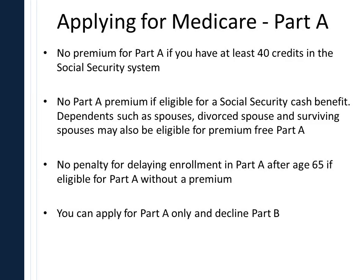Now, in applying for Medicare Part A, there is no premium that you're going to pay for the Part A hospital coverage if you have at least 40 credits in the Social Security system, which would also mean that you're going to be eligible for a Social Security benefit. There's also no premium for the Part A services for folks who are eligible already for a Social Security cash benefit, or would be eligible for one. So this would be folks such as spouses, divorced spouses in some instances, and surviving spouses might also be eligible for premium-free Part A